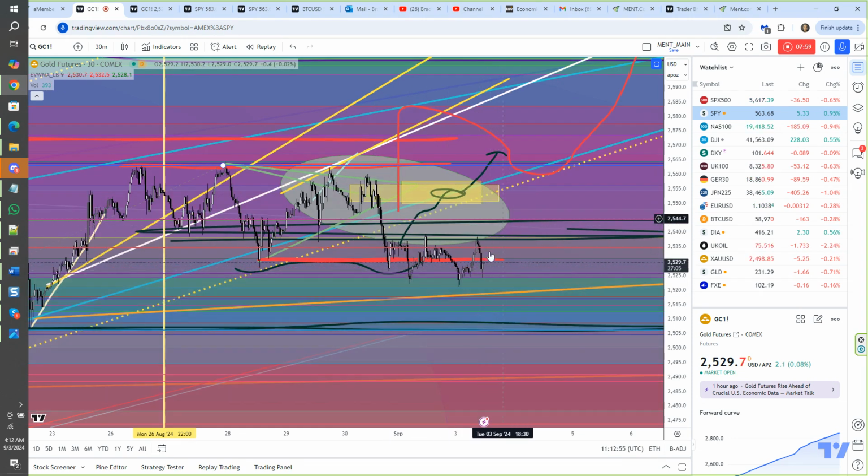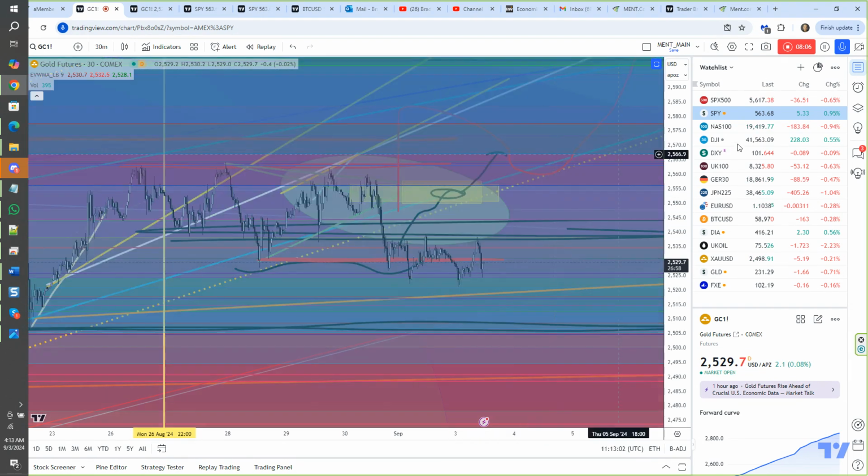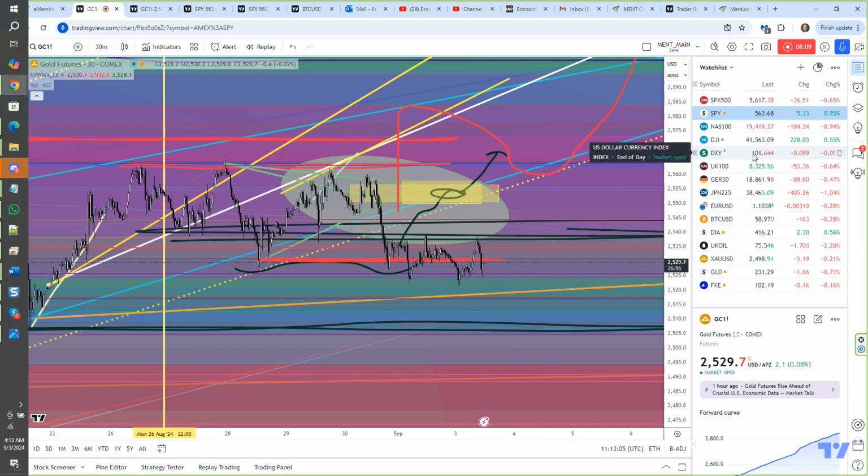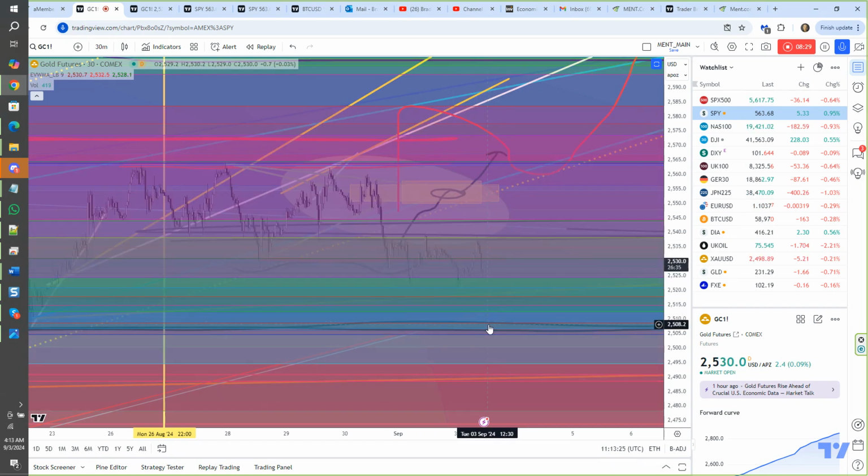And if we get a continued upward rally here in gold, that would be fantastic. Now the dollar is at 101.64. It's moved up a little, so a little bit of pressure on gold right now. We'll see how that plays out. Gold is holding up generally very well, but we do definitely need to see support above this 25.20 area hold up. We do not want to see this 25.05 area. That would be general weakness.